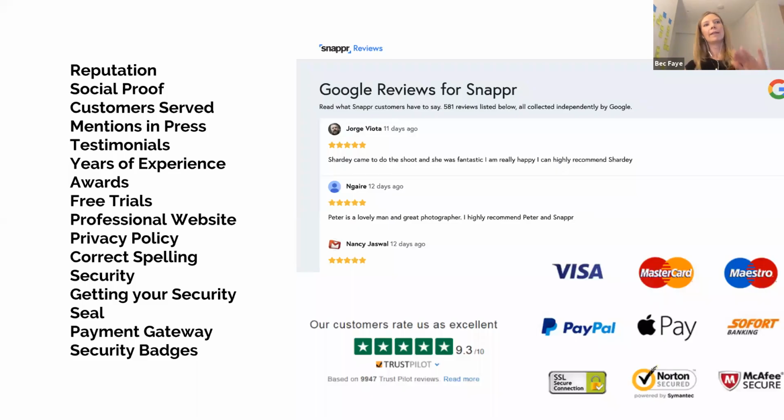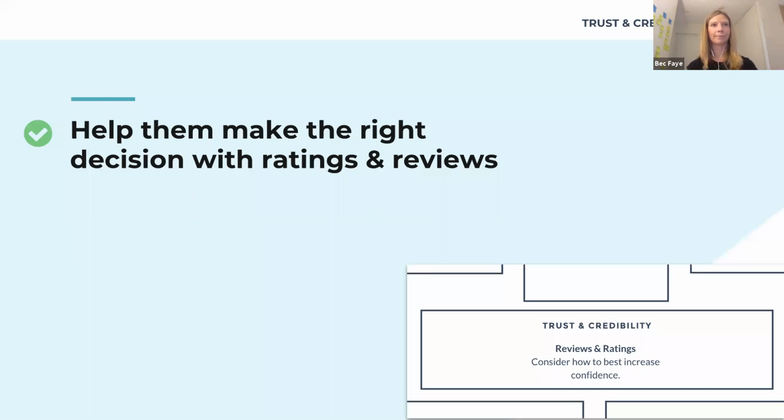Now, obviously, all of that is at the point of building up your reputation as a platform. But then the second layer is how you build up trust with the particular users on your platform as well. For example, how do you help people feel confident in your supply, that the supply are who they say they are and that they're high quality? This is where reviews and ratings come in. This can help to really establish trustworthiness and help people feel comfortable in dealing with the individuals on your platform.